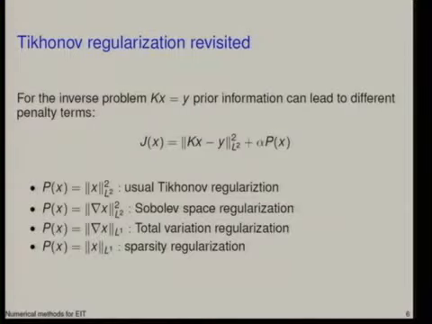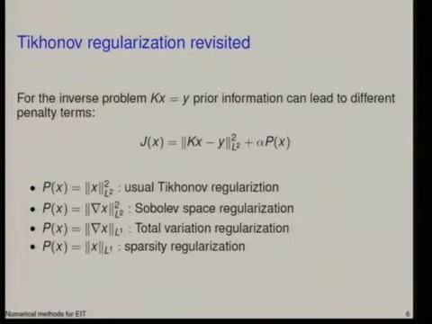But there are other choices. Let's say we think that the solution we're looking for is smoother than just L2. Then why not take the gradient of x and penalize that term. Then there will be some Sobolev space regularization. Essentially, depending on the space dimension, it will be an H1 norm on the functions, and you would penalize solutions that have a large H1 norm. That's another choice. Both of these choices favor smooth solutions. This is something one typically sees, that whatever comes out of such a regularization is smooth. This one will be smoother than that one.